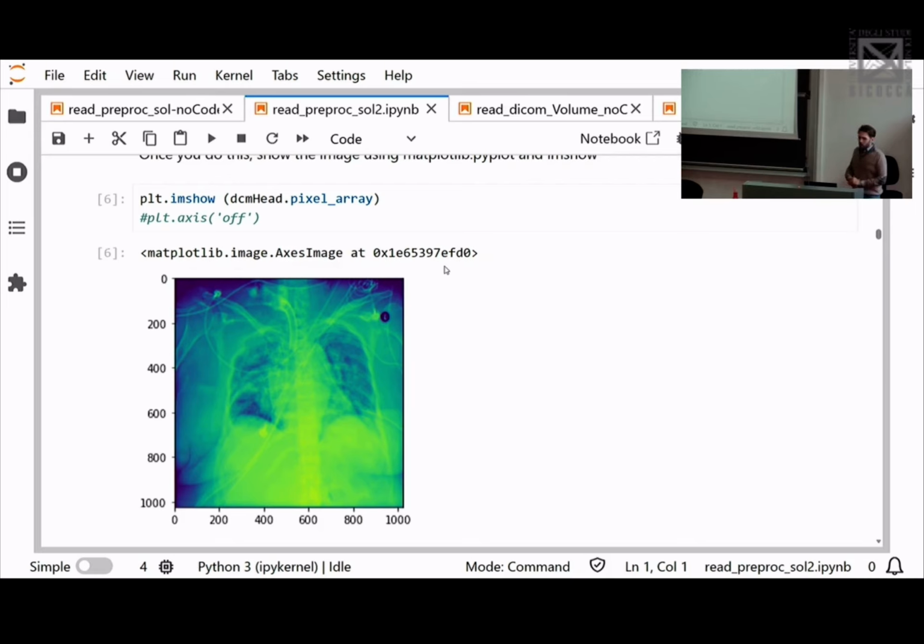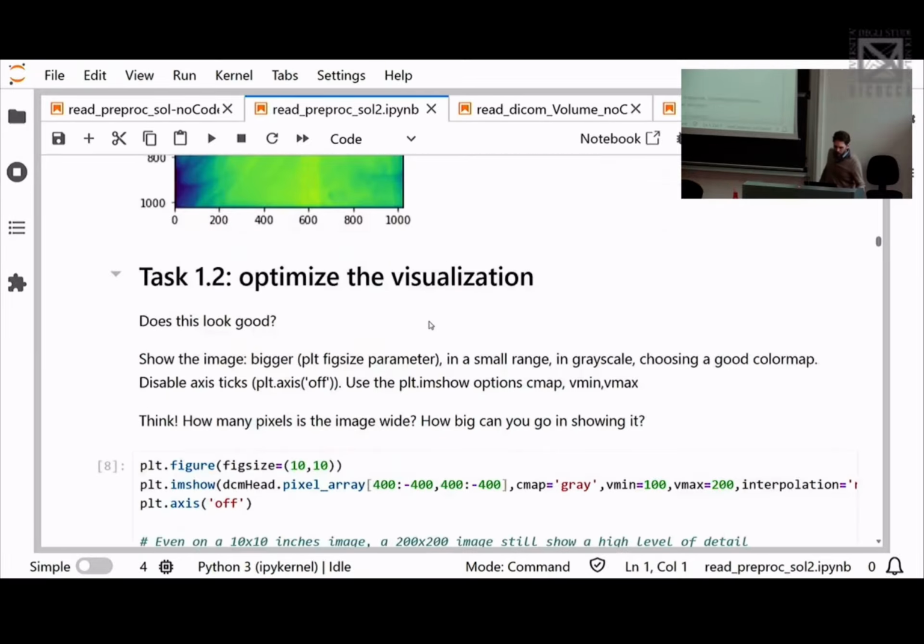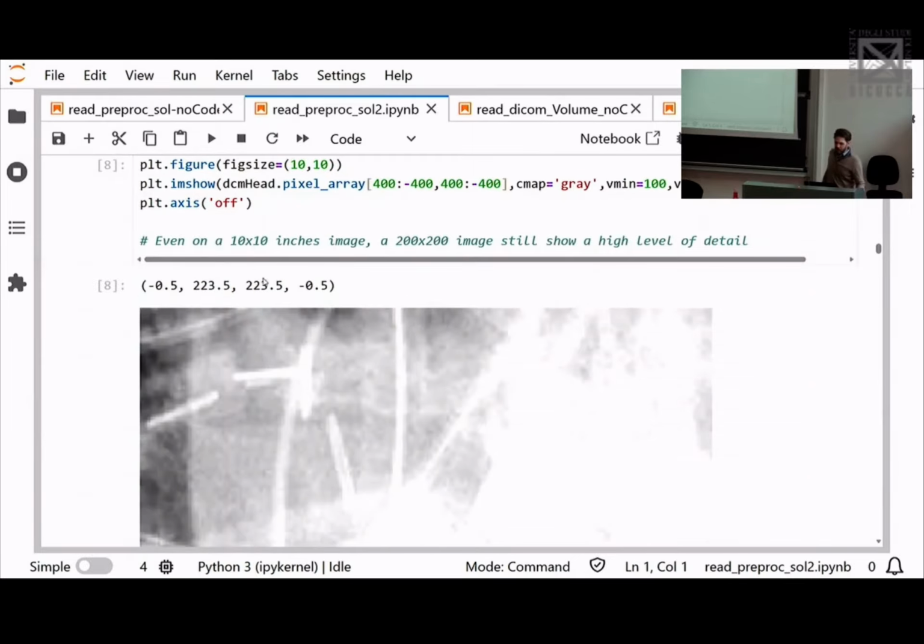Now, this is one of the most important concepts when you have images and you want to show them. If you just show them without taking care about what's in them, you will not exploit the full amount of information that's present, because with a grayscale image it automatically applies a color map, which might or might not be the best thing for your specific task. So in this case, I ask you to try,